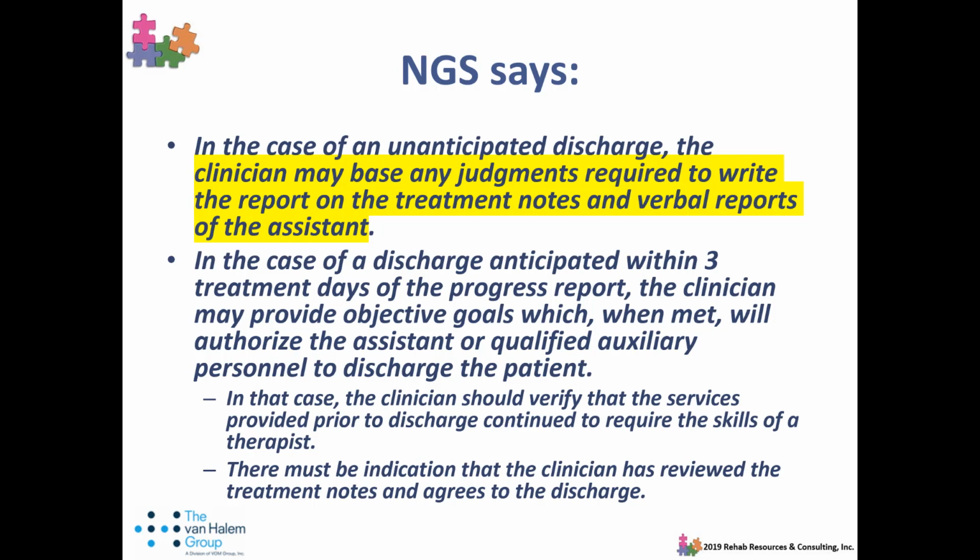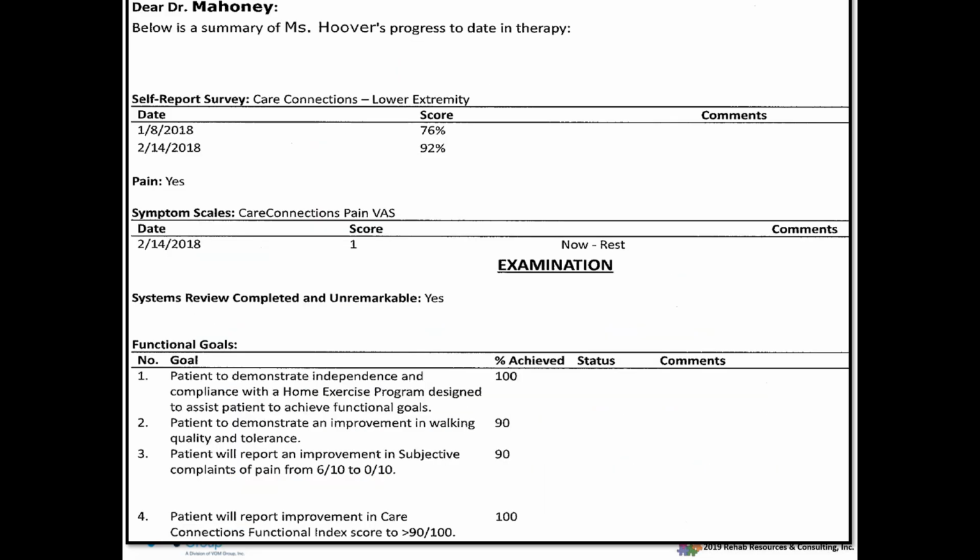So let's look at a few examples. This is an example of a note that was sent to the physician on the last visit of the patient. So again, it's hard to tell what this is telling the physician without additional information. We know what the care connection scores are, and it looks like there's been an increase, but there's no comments provided as to what that should tell the physician about whether goals were met, the patient's able to do what they were doing before, or the physician's goals for the patient have been met.